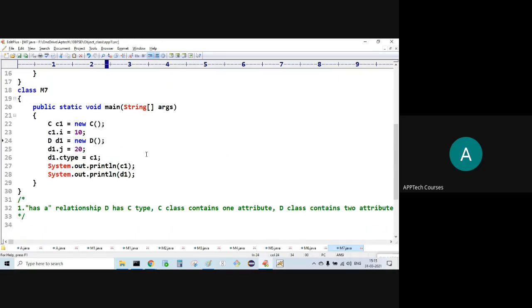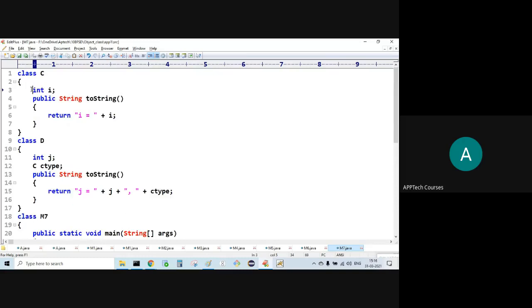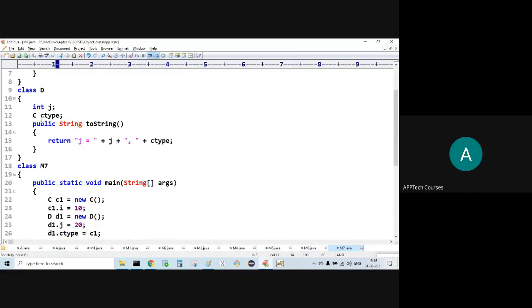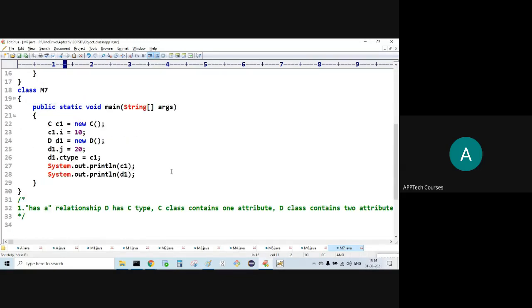Now, C class contains one attribute. This is one attribute. D class contains two attributes.